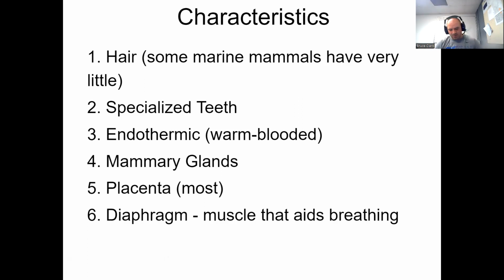Most do. A common theme that we're going to be talking about mammals is of all the groups we've talked about, mammals pretty much put more resources into their young than the rest of the vertebrates do. I'm sure you could find some exceptions out there, but mammals are going to have a small number of offspring, and then put tons of resources into those to make sure they survive. All right. And then lastly, we have a diaphragm that's a muscle that aids in breathing.